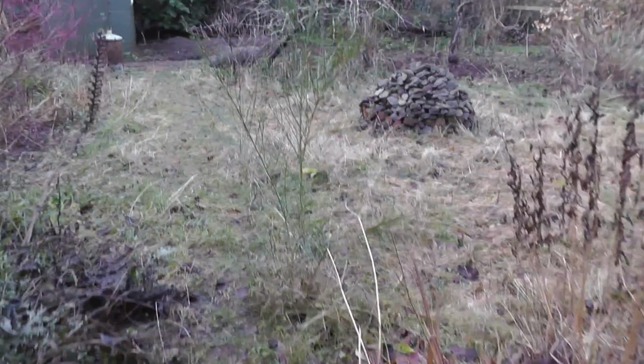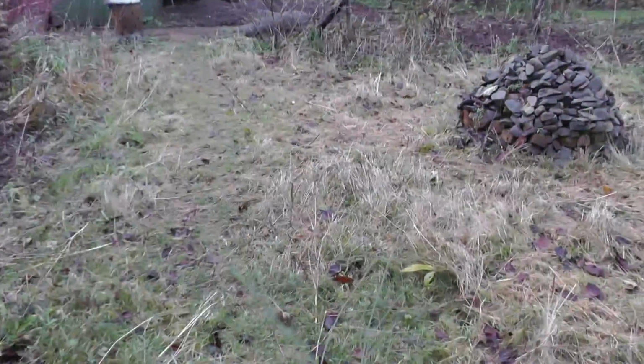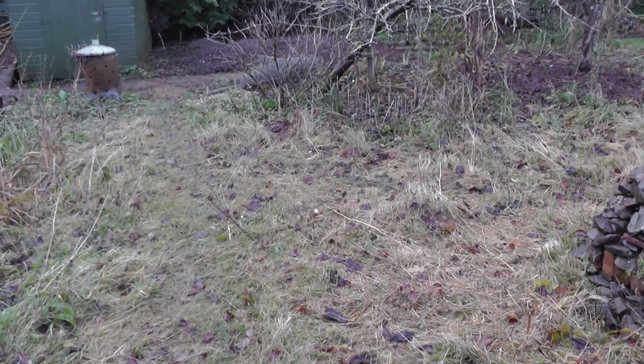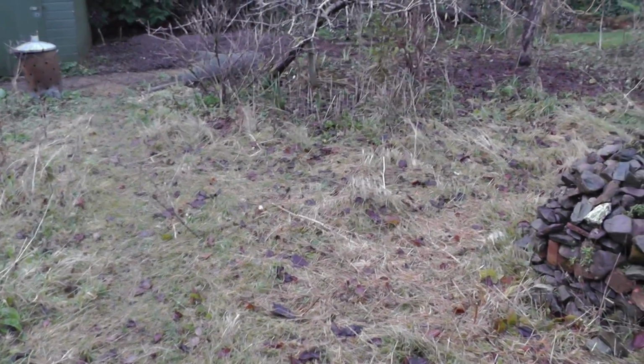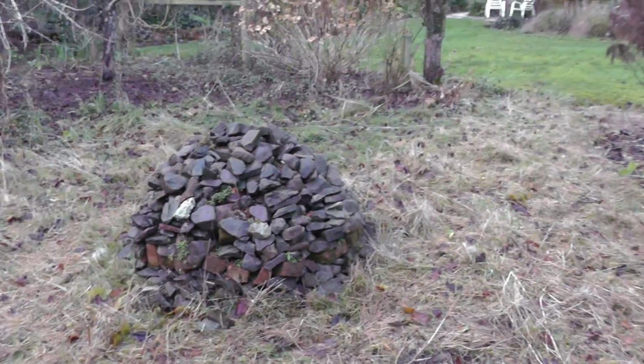Right, onwards. We're just going across the meadow now. I won't waste too much time here right now because there isn't much to see. The path we're on is one carved out by badgers. We were expecting to have paths that didn't go in this direction, but the badgers decided which way they would go, so